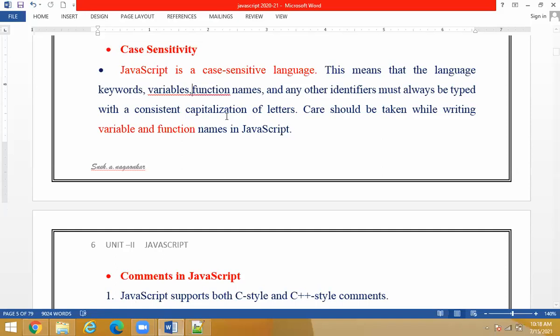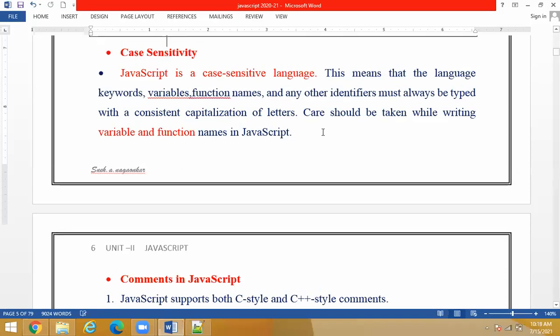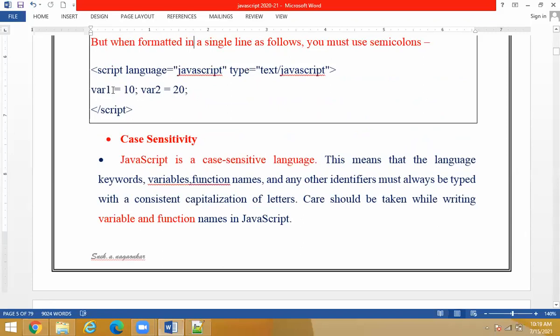So if you give a variable name var1, and in the code you use a capital V, it doesn't make any sense because it is against the rules of creating variables. Why? Because during the declaration, whatever case you use, uppercase or lowercase, the same you have to use in the entire code. You cannot change the format.